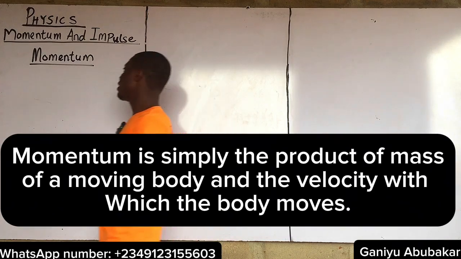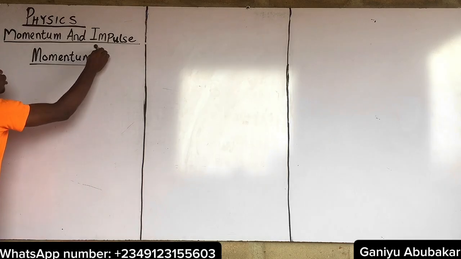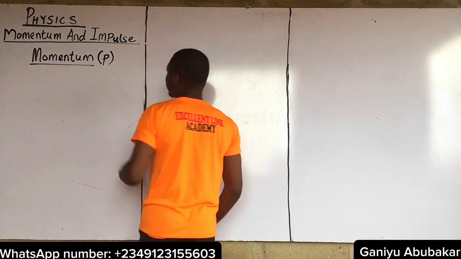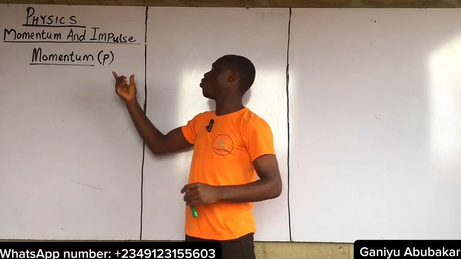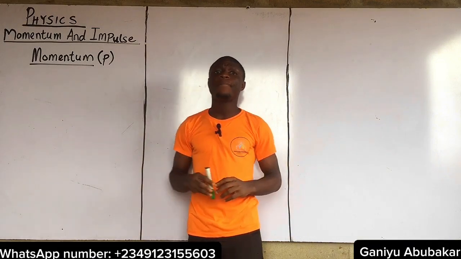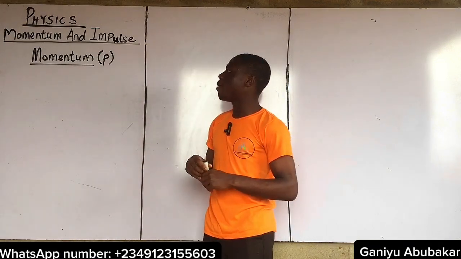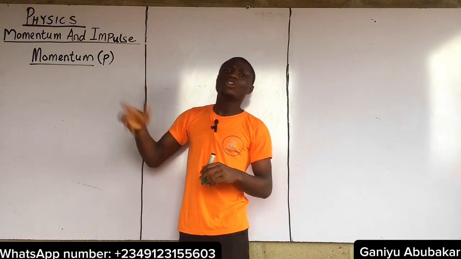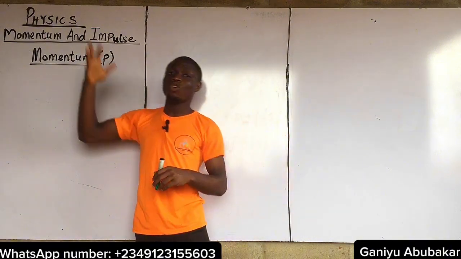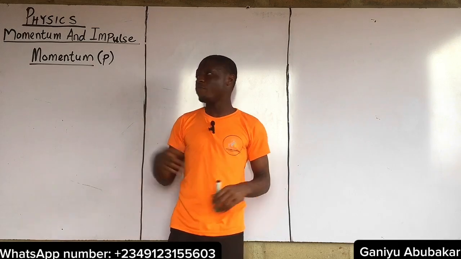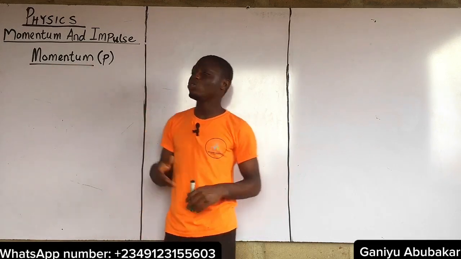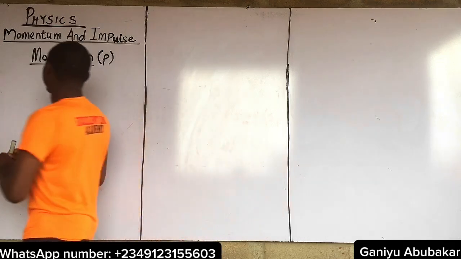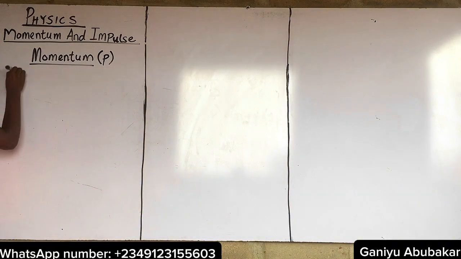Momentum is represented by using a small p. You'll be asking, why is momentum not m? We know that m represents mass already, so we can't use m for momentum. Rather, we use p for momentum. So we're saying that momentum p, mathematically,